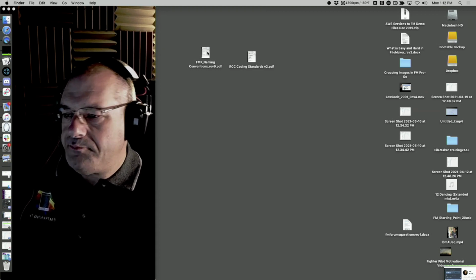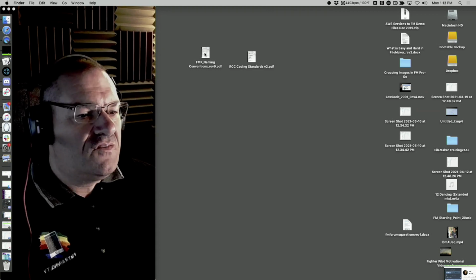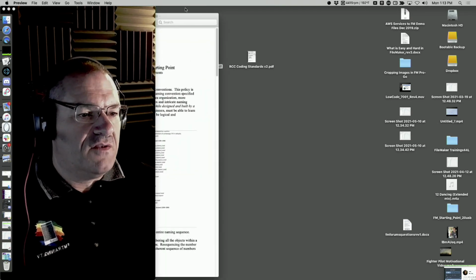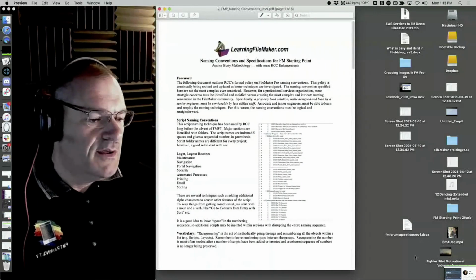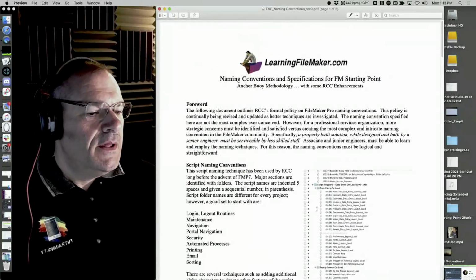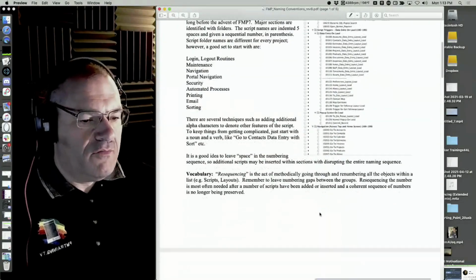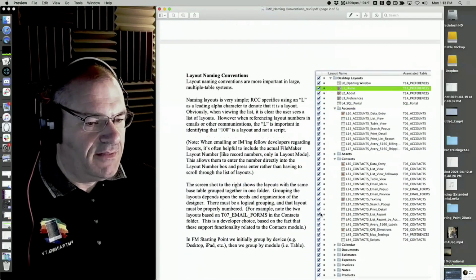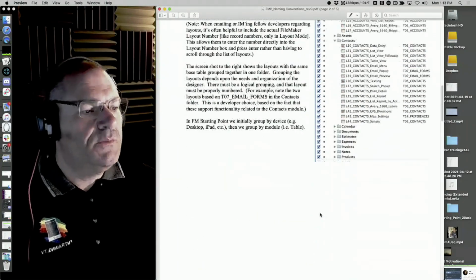Right now I'm doing the one, and I'm going to do the other one. This document right here, the one that says Rev 9, is a document that was created by RCC prior to Nick coming on board with us. It's basically our view of ideas about naming things. I think it's pretty useful.